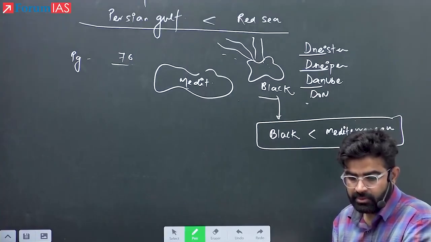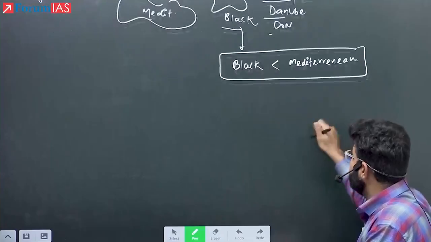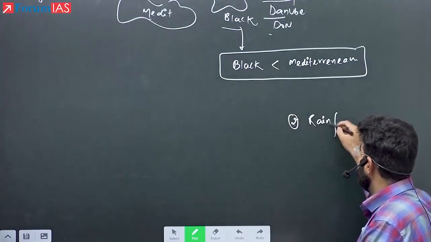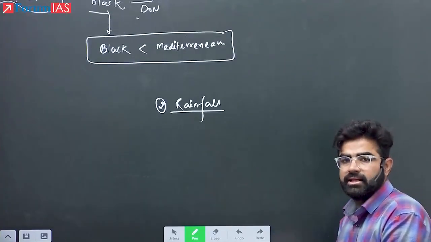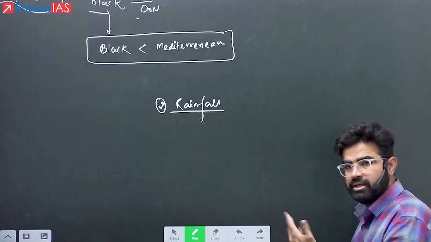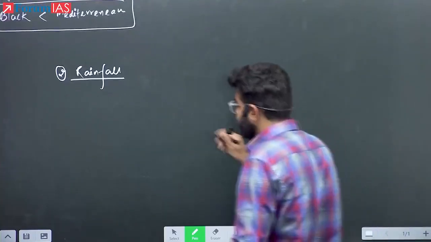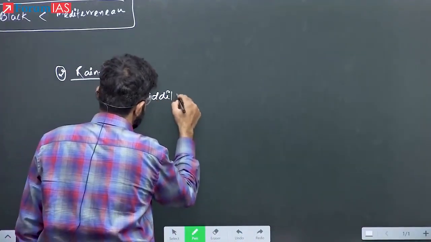Next factor, rainfall. Second factor, rainfall. Tell me, if the rainfall is higher in some area, what will the salinity be then? Will salinity reduce or increase? It will reduce, right? So write down salinity. Again, it is nothing but the addition of